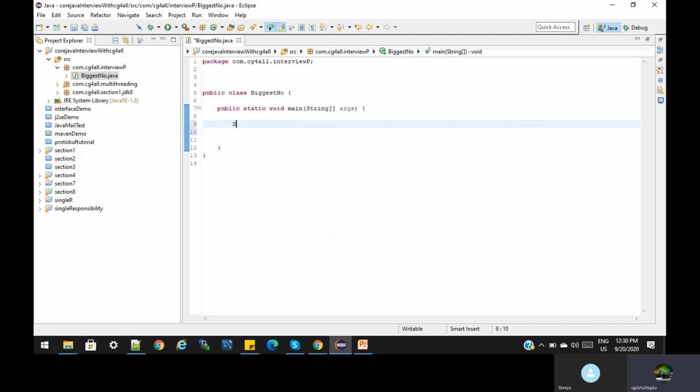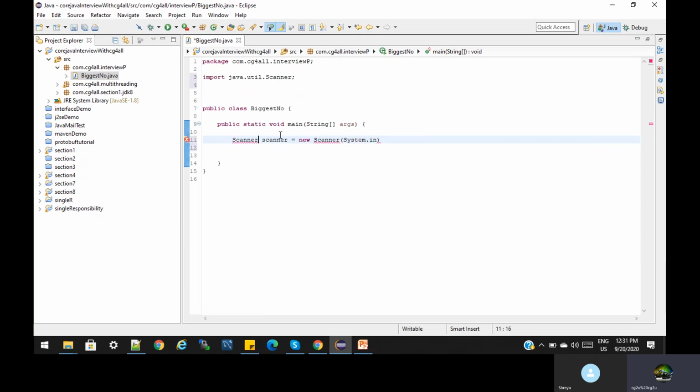Let us create the scanner object: Scanner scanner is equal to new Scanner of System.in. We have to import the Scanner library from the java.util package, as we all know.